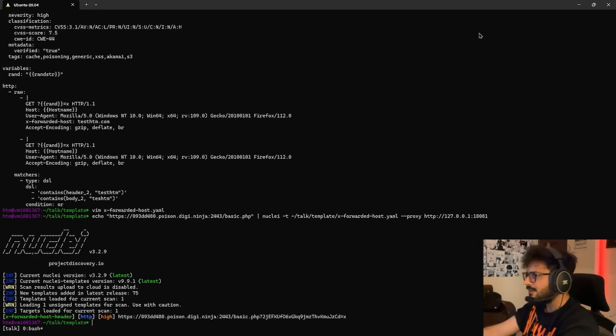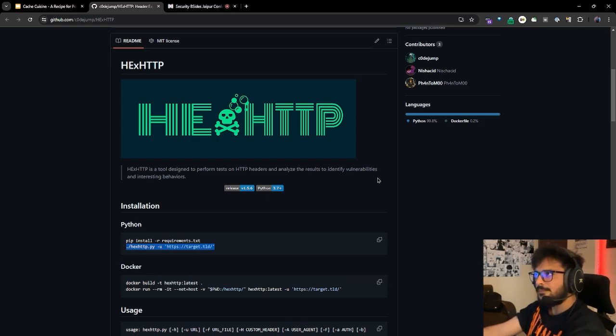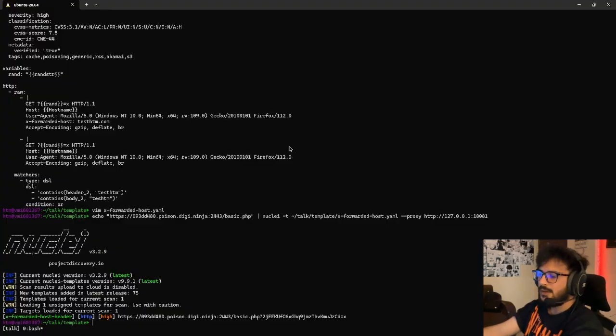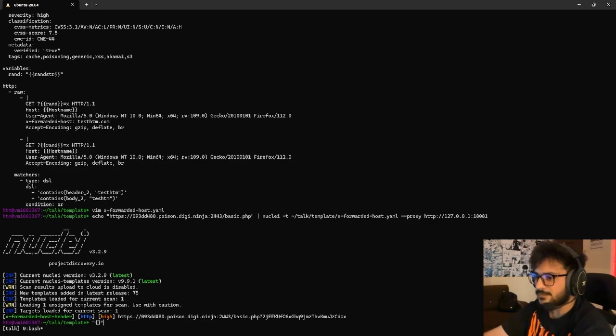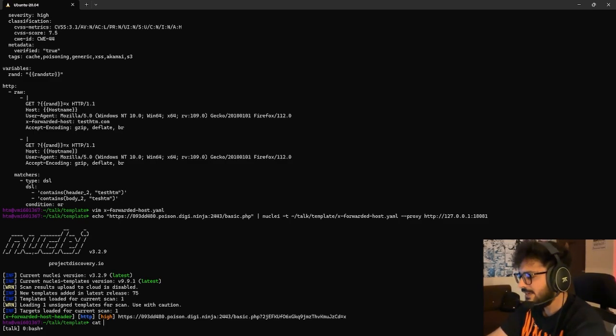So we have seen a recent blog by a researcher, and the output for the poisoned response was two curly brackets in the response. And if we want to create a template for the following header, it can be easily created